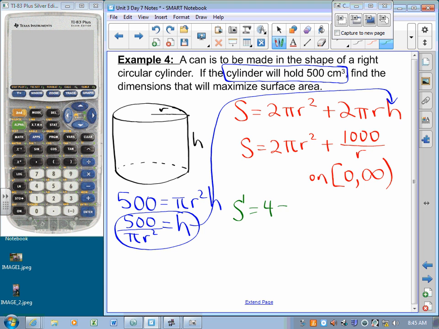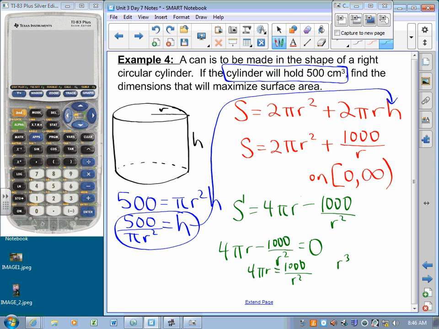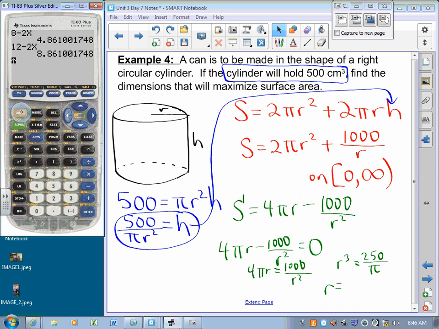And to do that, we need S prime. 4 pi r minus 1,000 over r squared. What do I want? I want 4 pi r minus 1,000 over r squared to be equal to 0. And if that's the case, I get 4 pi r equals 1,000 over r squared. So I get r cubed is 250 over pi. So r is